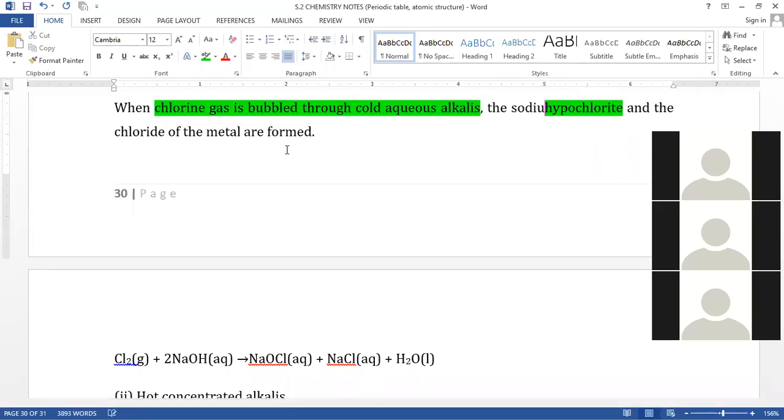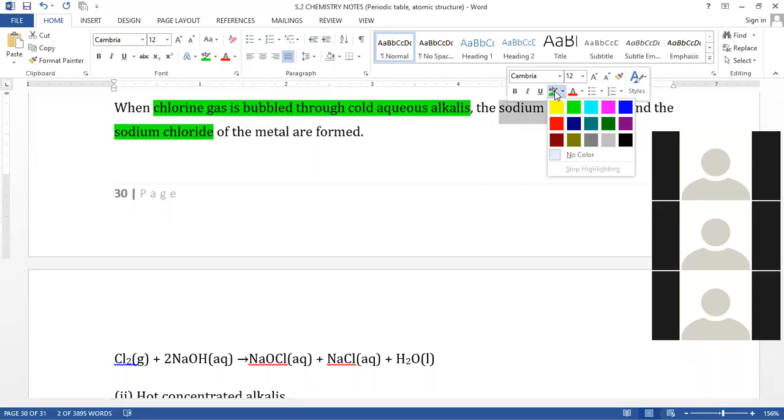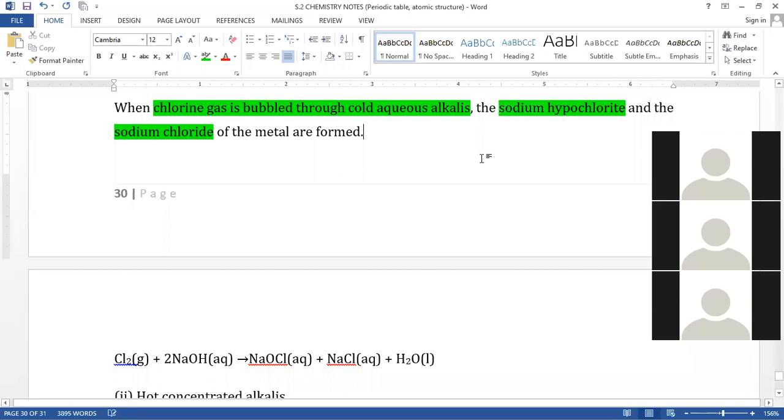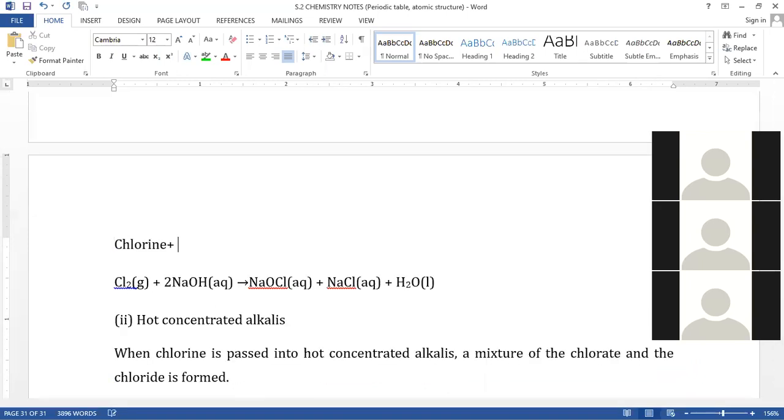I said you don't need to be worried about these reactions because we repeat them later on when we study the details of chlorine and its compounds. And we probably go ahead into doing some experiments that we have not talked about here today. But you need to know that when chlorine is reacting with sodium hydroxide, the hydroxide is cold, we get two compounds that are salts. We get sodium hypochlorite, and we also get sodium chloride, but also water is given off